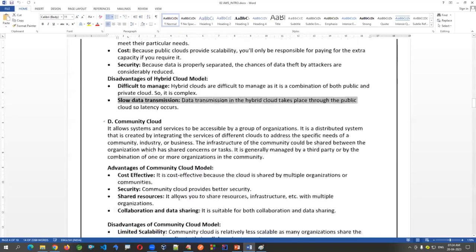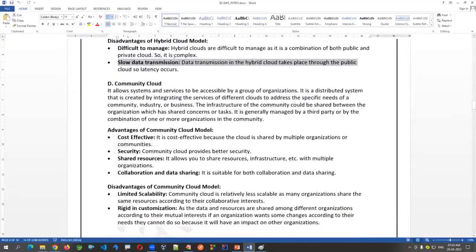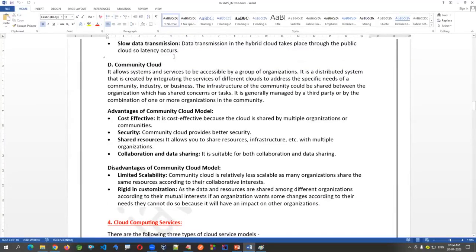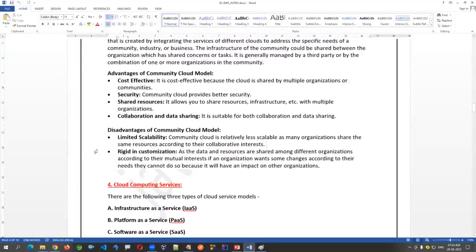And community cloud: it's something like, you are not that rich, you are buying a private cloud and you don't want to invest in a public one. Then we can go for a community cloud. It's something like a middle level. It's cost effective, secure, with shared resources and collaboration. But here we'll have limited scalability. We can't say I want to use more because my organization has grown. We'll have some shares, and shared resources have to be used accordingly if you want to go for more. Again, it's cost effective, with limited customization.